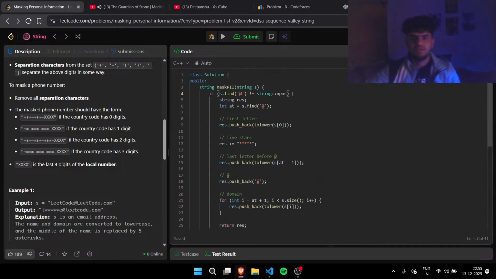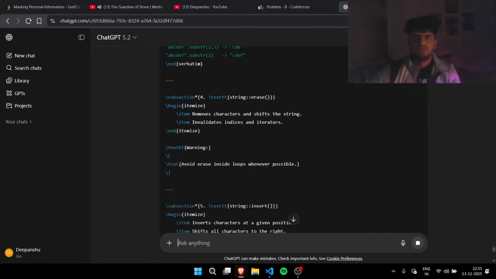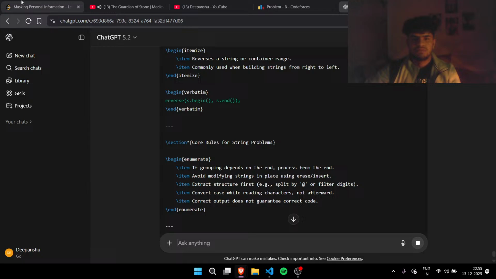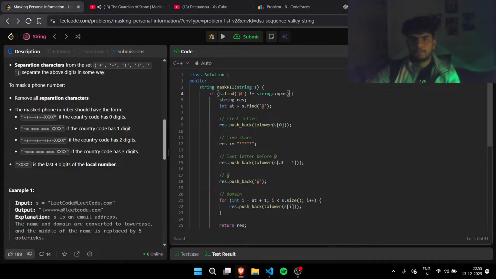Like there are many functions that can be used. I will get a print tomorrow for it. It's like I can revise whenever I want. But I think